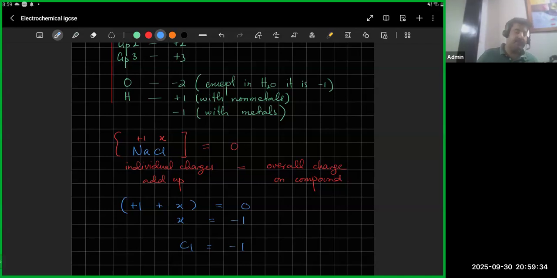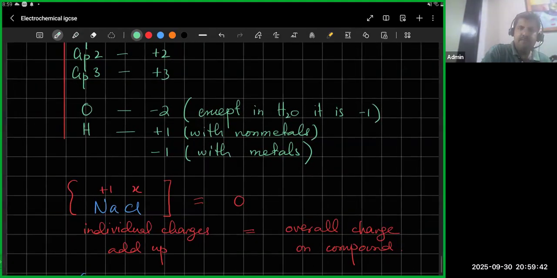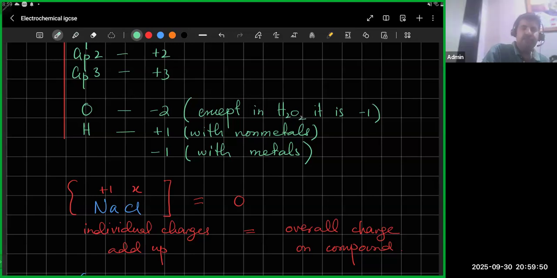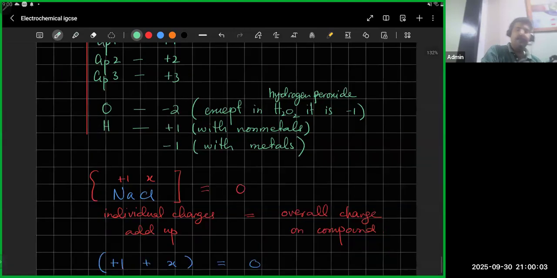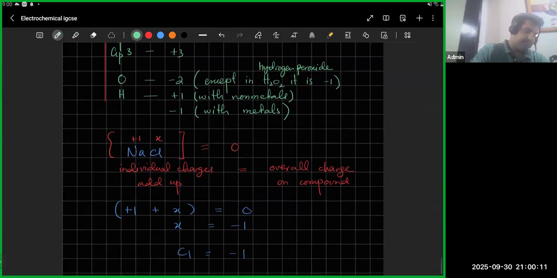of the other ones. Sorry, I wrote that incorrectly. Thank you for pointing this out. Sorry, this is H2O2, not H2O. This is hydrogen peroxide. I wrote that incorrectly. In water, oxygen is -2 in all compounds, except for one, which is H2O2. But anyways,